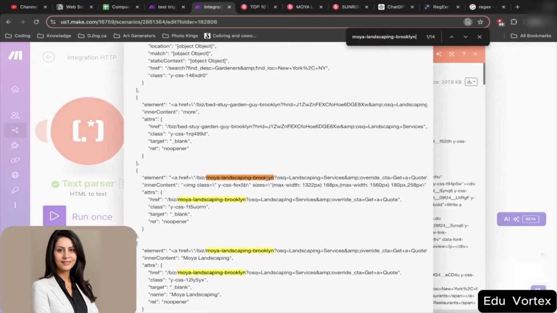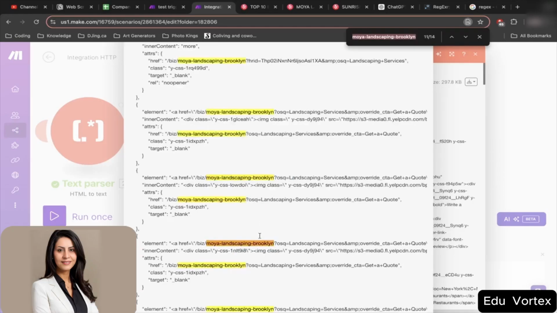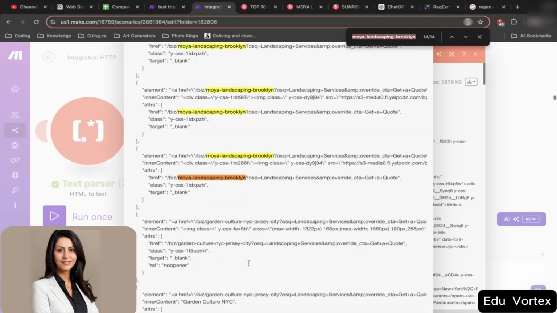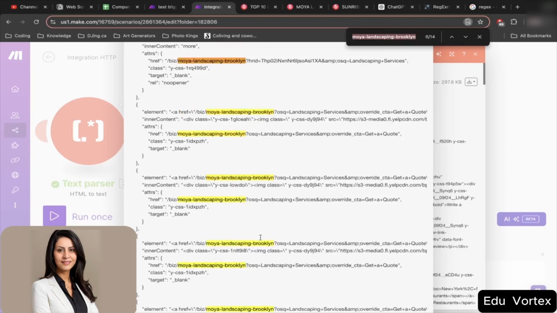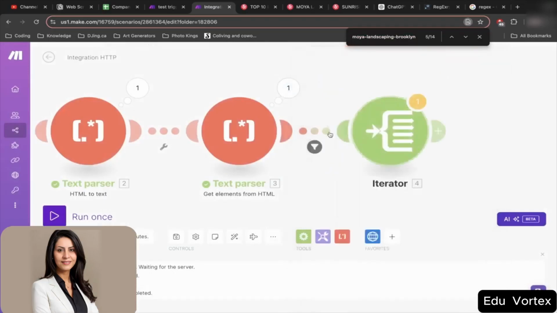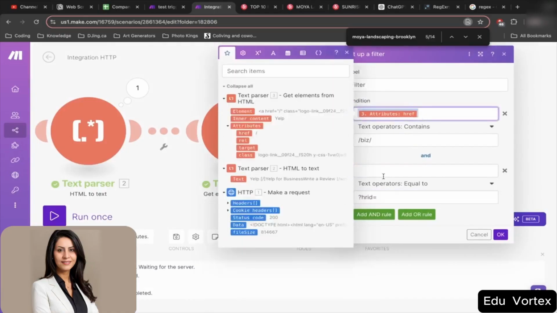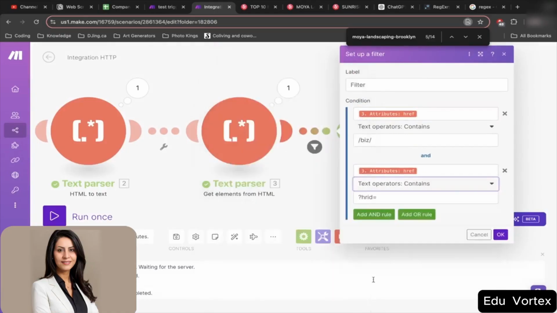that is different. So this one's OSQ, this one's OSQ, this one's OSQ, OSQ, but this one is HRID, OSQ, OSQ... So let's look at these HR IDs here, right? Because now we're filtering it down. So let's say that it has to contain this in here. So we're going to filter it down and click an and rule, and the link has to contain as well